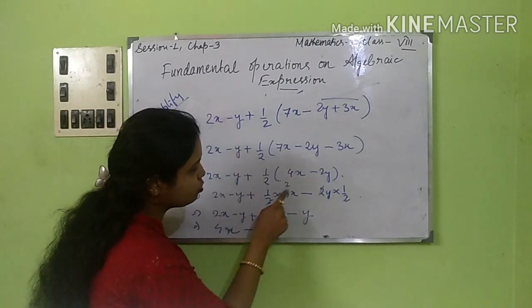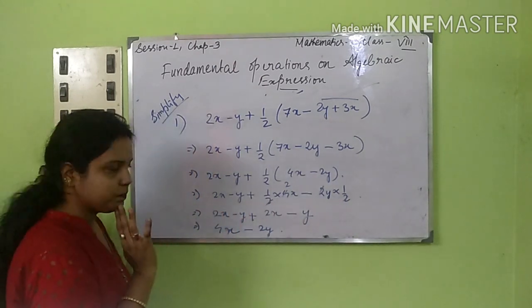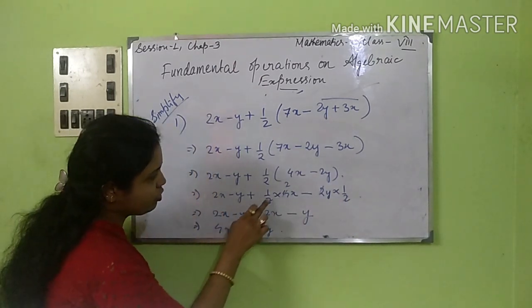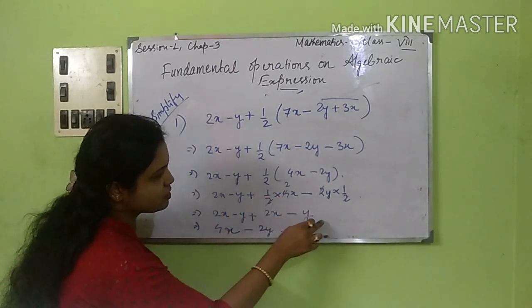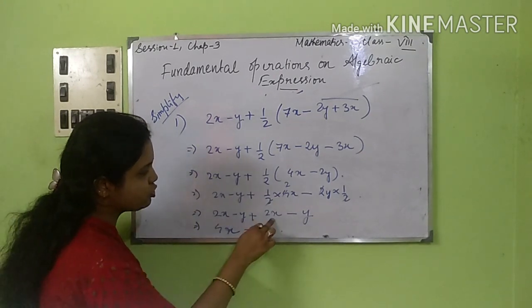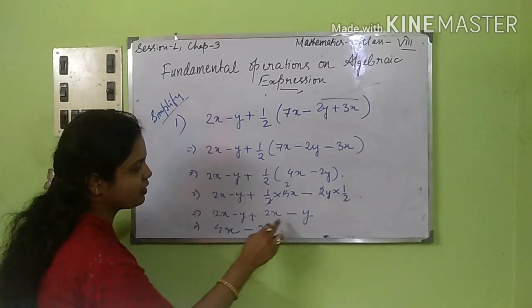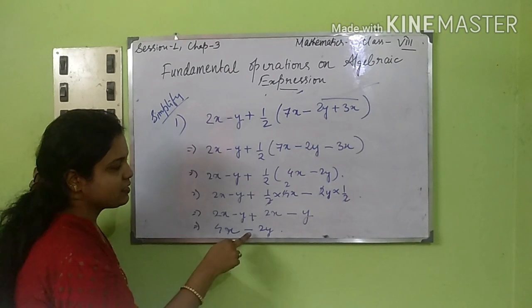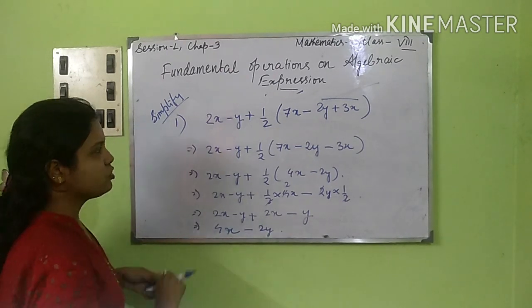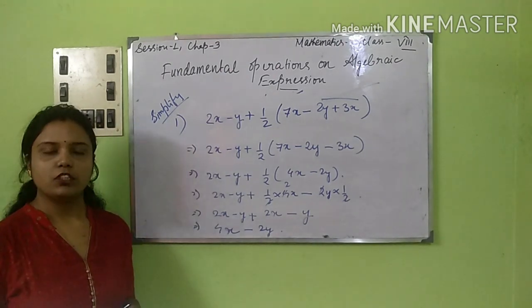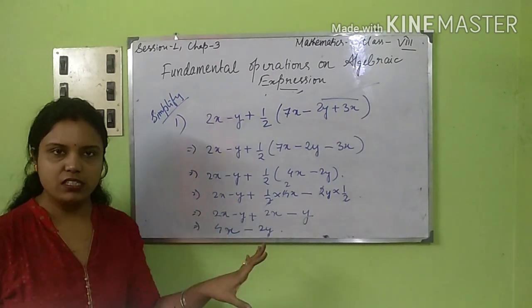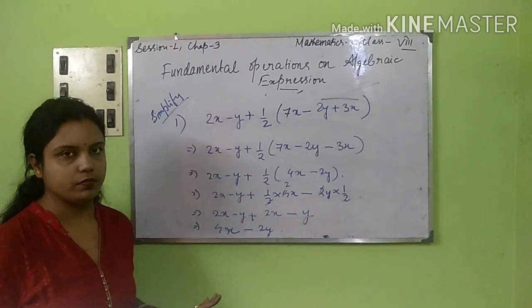So just cancel out, 2 twos are and 2 twos are, okay? Then 2x minus y, you are getting here 2x minus y. So 2x plus 2x is 4x, minus y and minus y, you have to add, but the sign will be minus 2y. So this is your answer. Okay, I hope it's very clear, it's very simple enough, you don't have any problem here, right?